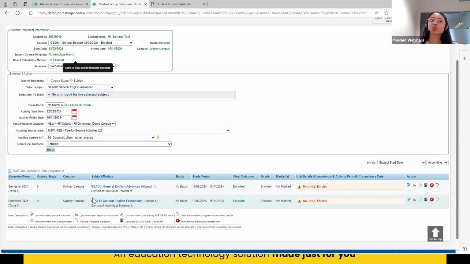Now for ELICOS courses, ideally the certificates are to be generated for each level, or after the completion of each level. For example, I've enrolled the student in General English Advanced, after the completion of which you'll be generating a certificate for Advanced, and then the student will move on to elementary, intermediate, pre-intermediate, and so on. Okay, now